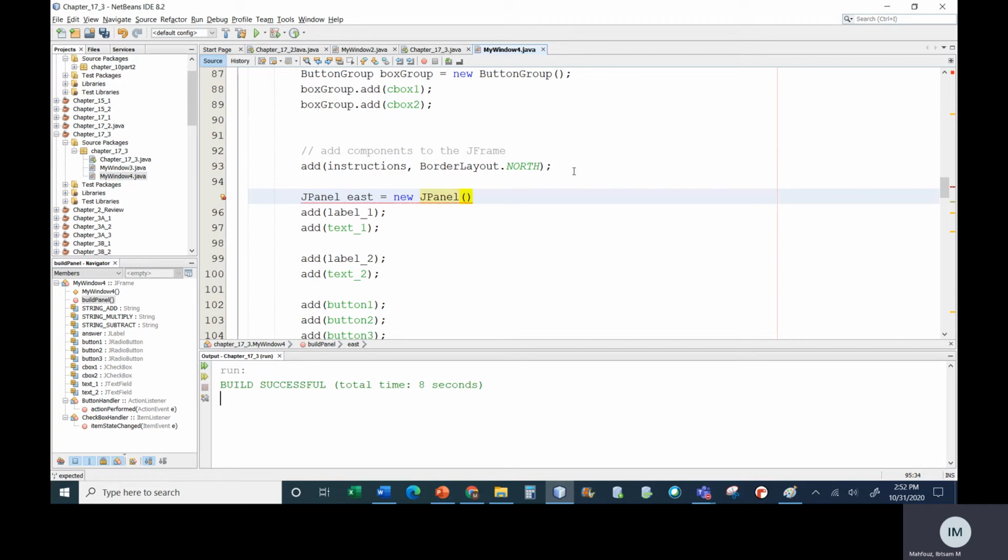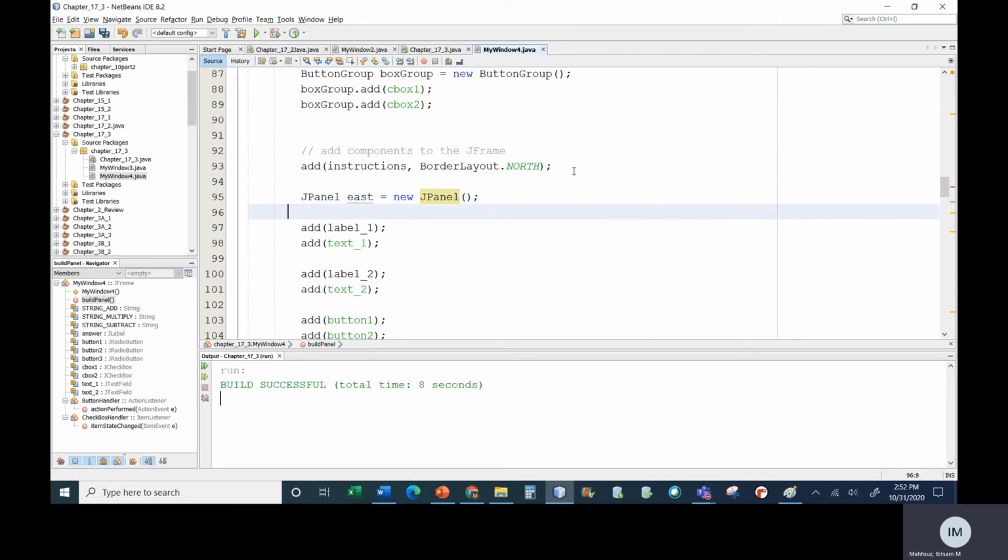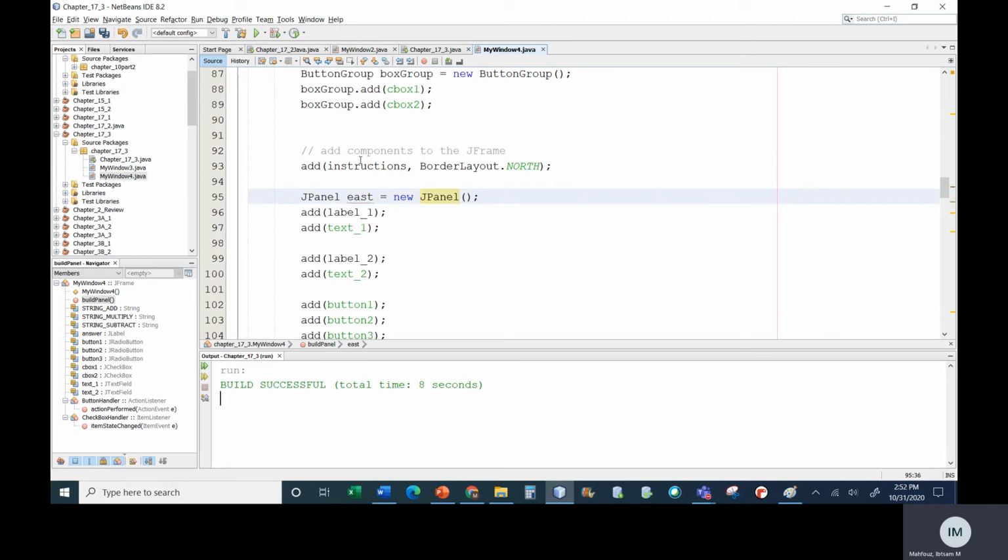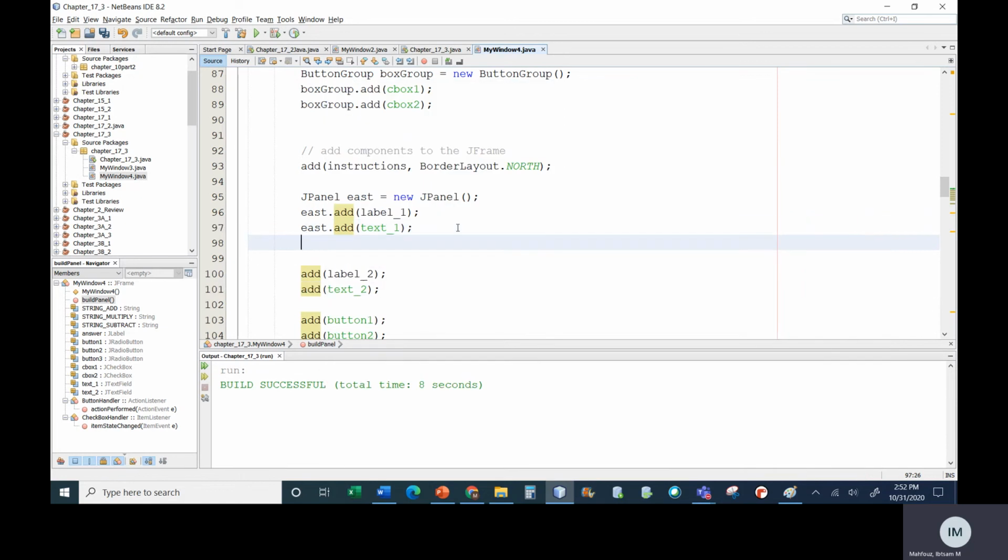And this is not the most beautiful design, I know that, but it's just to demo how we do use these different layouts. Okay, so I added both of these to the east, and I'm going to go to the east and add it at